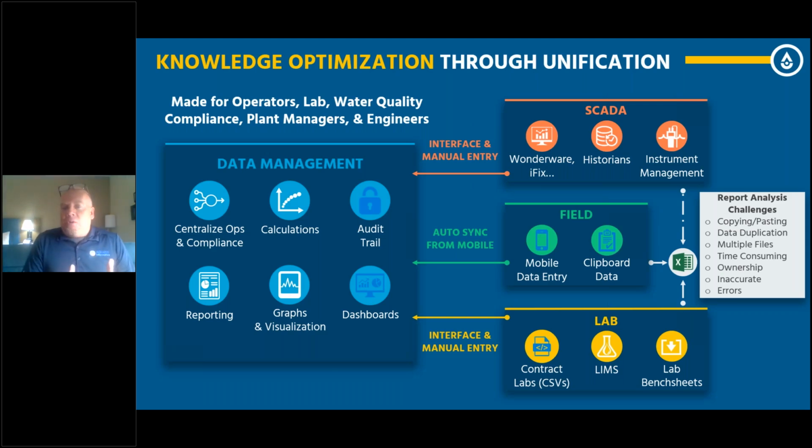There's a lot of challenges that go into mining and managing the data through the data train, right? Number one, over here on the right-hand side, lots of copying and pasting, a lot of data duplication. How often are we inputting the same data multiple times? Speaking of multiple times, multiple files of the same thing. How many of us have experienced working in Excel? I have different Excel files of the same data. Everybody has their own copy, which is the most recent, and so on, right? So definitely some version control and multiple files, which really reduces accuracy and increases errors with the data.